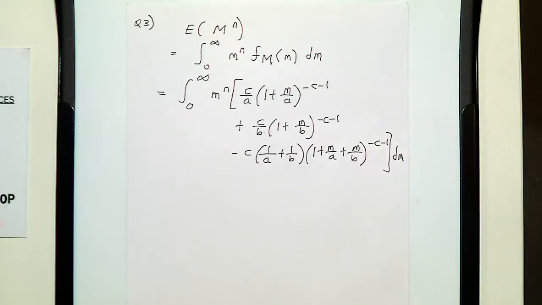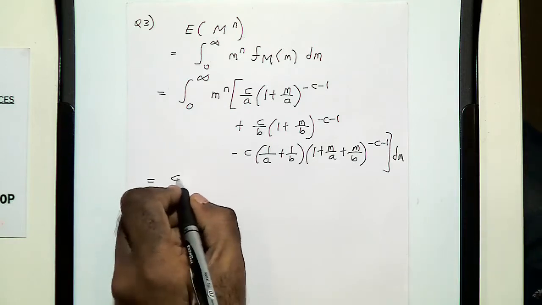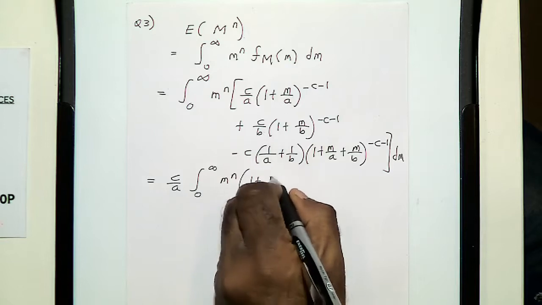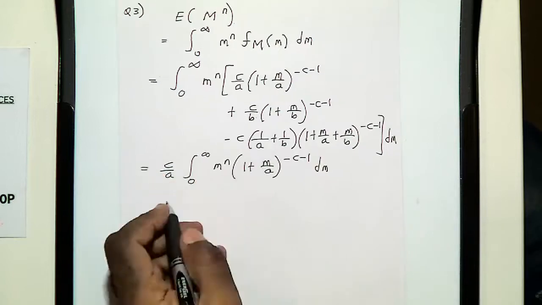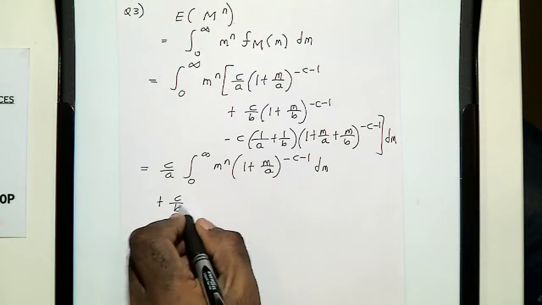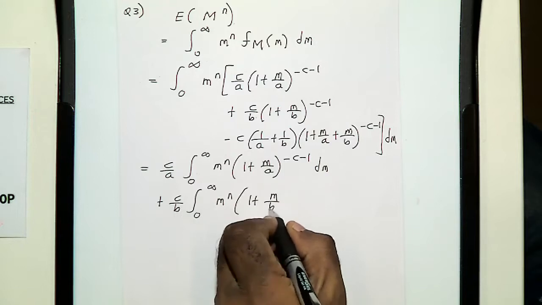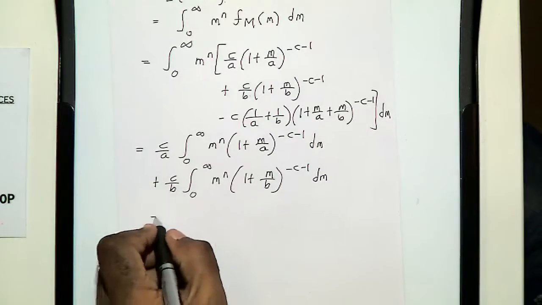Alright? So as you can see, there are three terms for the density function. Basically there are three integrals you need to perform, right? So let me write them down. The first integral that you need to perform is this. The second integral you need to perform is this, and the third integral